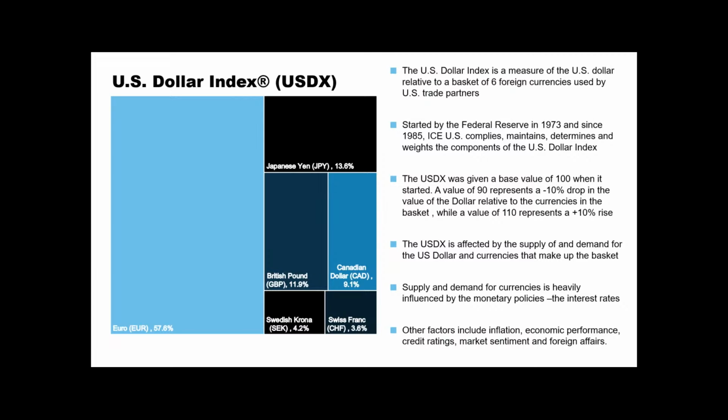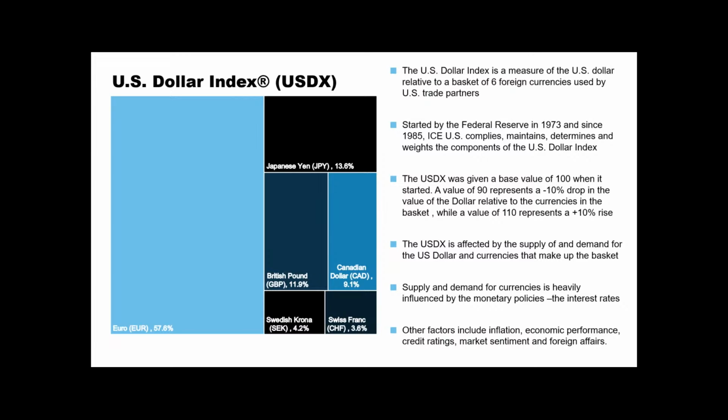Back in the 1970s, President Nixon abandoned that gold standard, and they needed a benchmark. So this benchmark was created, called the US dollar index. It was created by the US Federal Reserve. The rights to track, to measure, and to determine the weights were all held by the Federal Reserve, but this right has been given to ICE to continue the US dollar index.